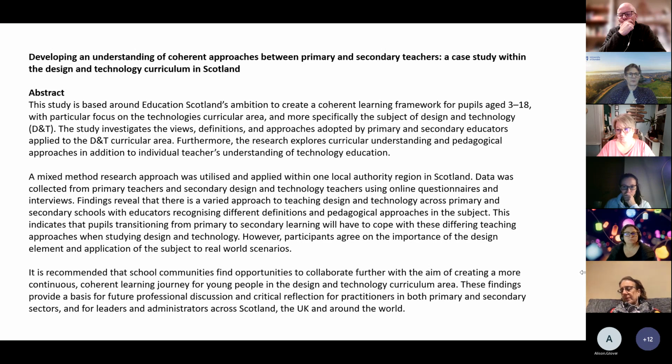So for turning this into a conference presentation, that might be something we want to make more of. We want to draw attention to that lack of research and lack of evidence and theory behind the pedagogy of design technology. So perhaps that's where your gap is, isn't it? That's where you identify there's a gap, and that's what you're looking to contribute to. Yeah, and that's probably what the reviewers were looking for.